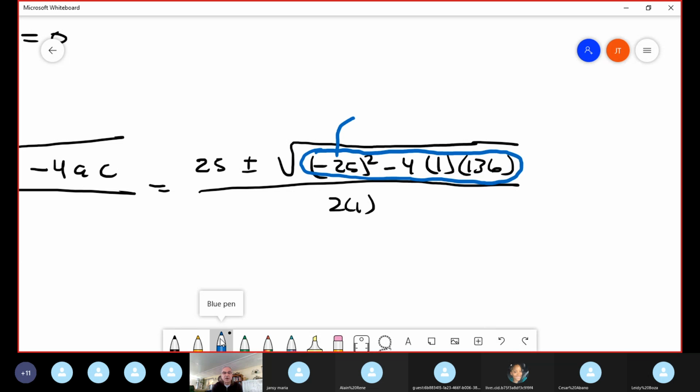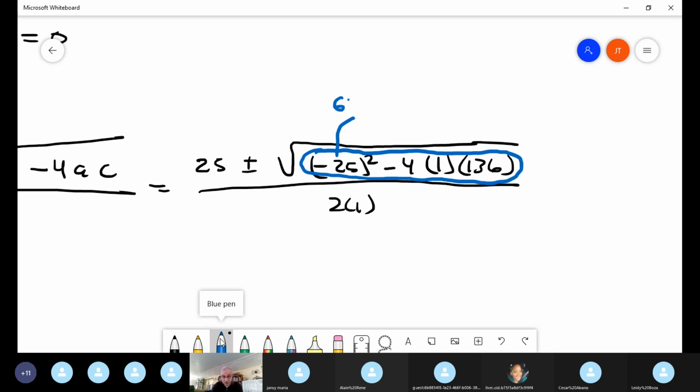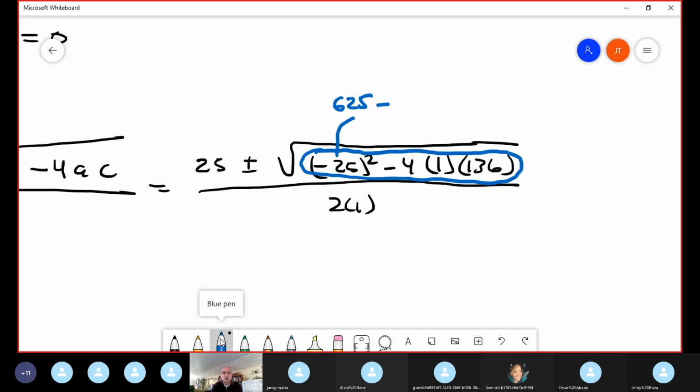So, negative 25 squared, any negative number when you square becomes positive, it's 625. Minus 4 times 1, get 4, times 136, get 544. And when you're subtracting, the answer is 81. And the square root of 81 is 9. Okay, super. So far we have 25 plus or minus 9